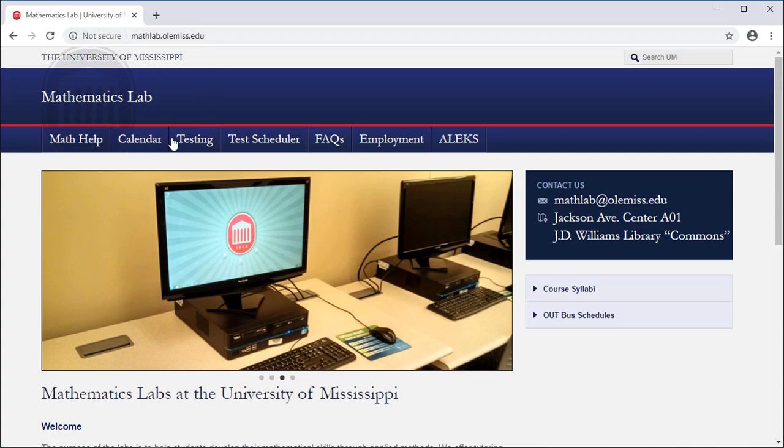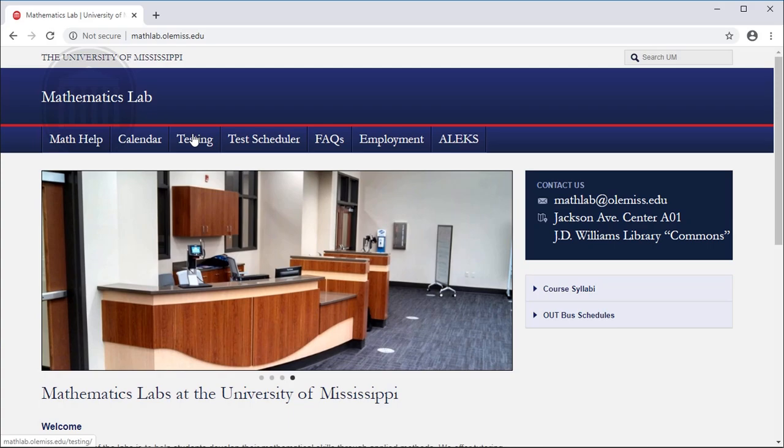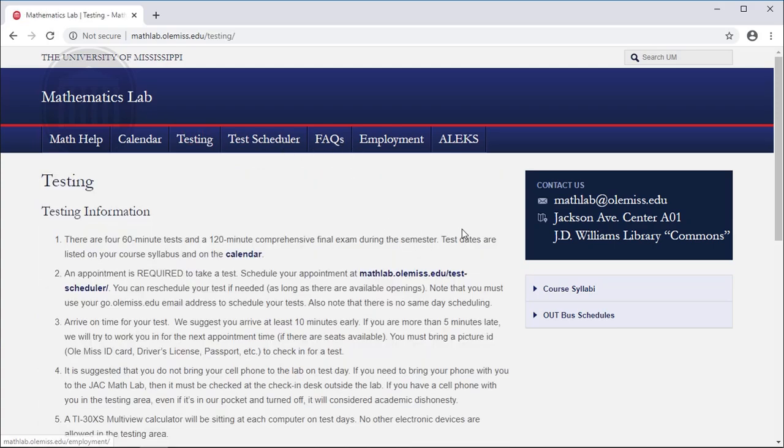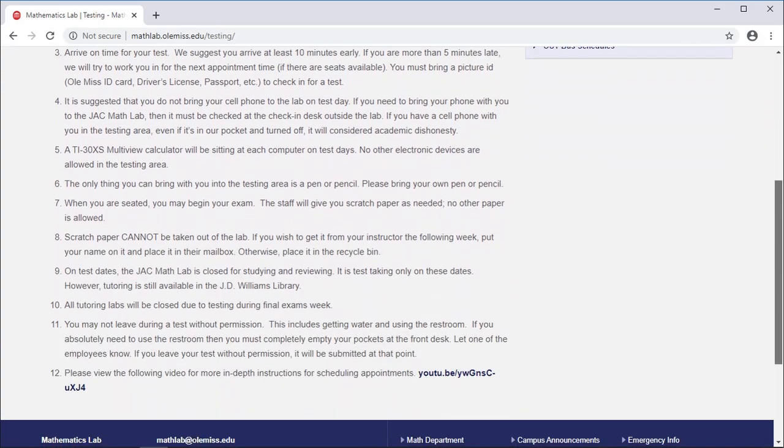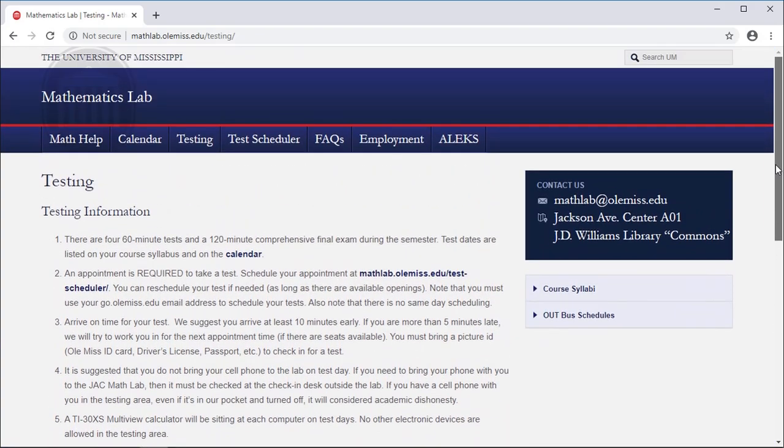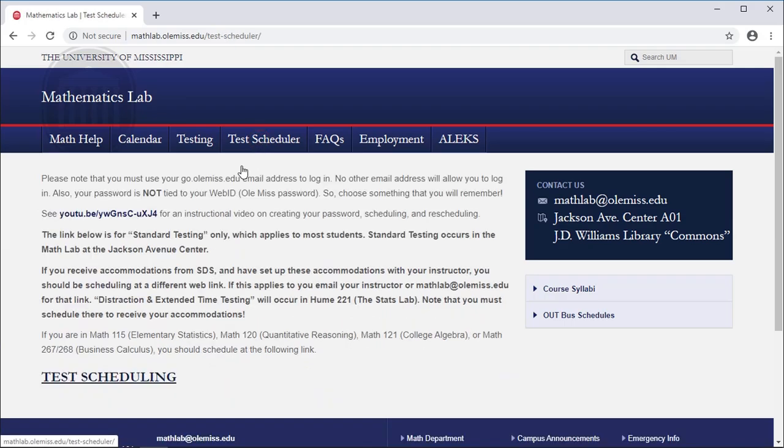mathlab.olemiss.edu. Notice we have several headings, pages you can click on here. You may want to click on testing first and read through this. Kind of tells you our policies and whatnot, so you're familiar with it when you come to the lab to take your test. To actually get to the test scheduler, we'll click on the test scheduler button there. Some more information for you to read through, and you'll see the link at the bottom to actually get to